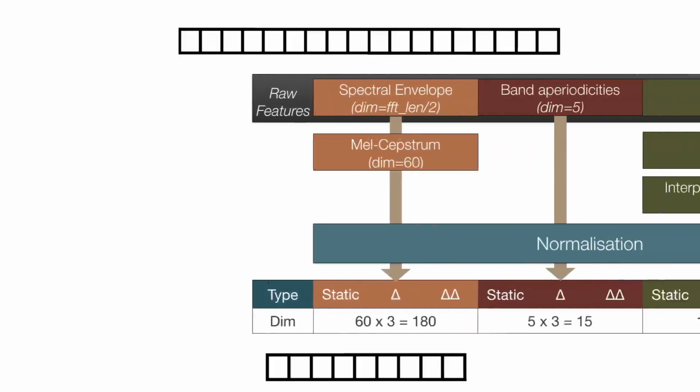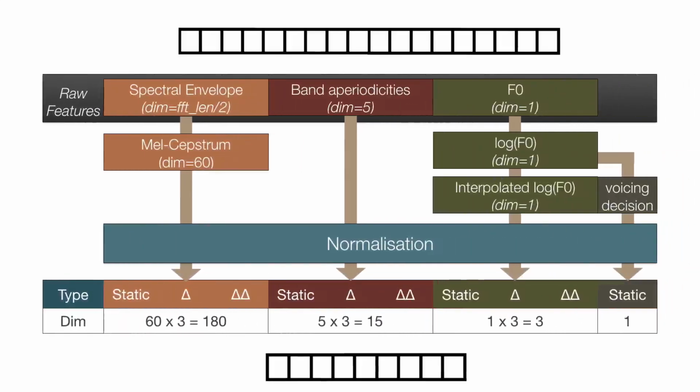With that operation, we enforce the Gaussianity of this feature, but we remove the information of which frames are voiced or which frames are unvoiced. So we need to append another feature, which is the voicing decision, just a binary saying that this frame is voiced or this frame is unvoiced. Then the next,